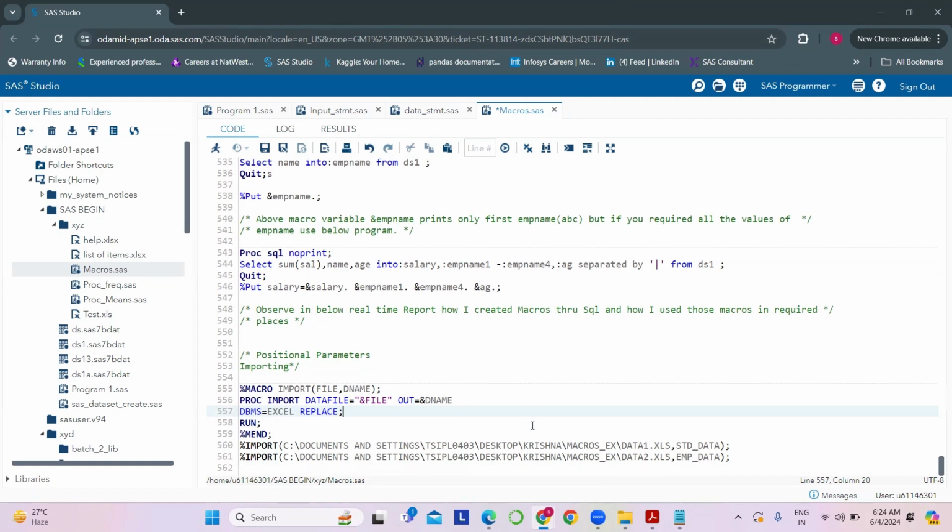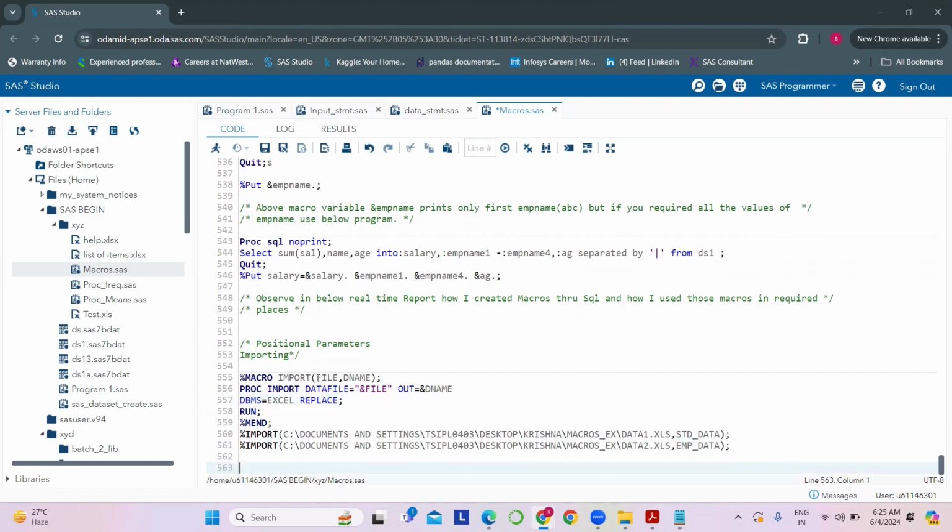So for this one, here we have created two macro variables. One is file and the other is dname. On these macro variables, we are passing the file name here and the output dataset name on the other hand. Okay. So for example, if you have other files like CSV files,